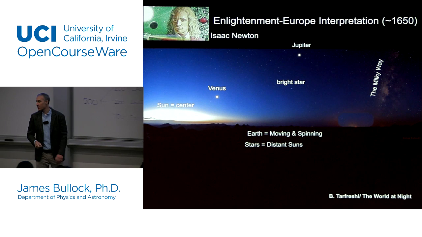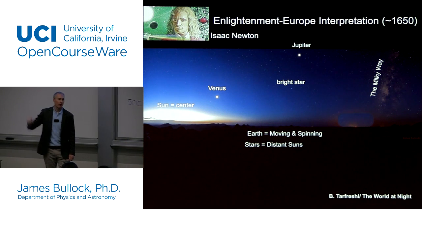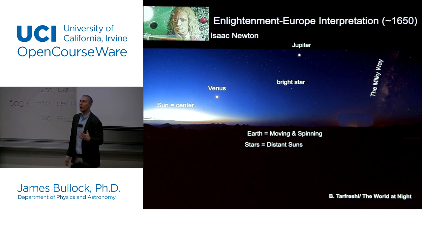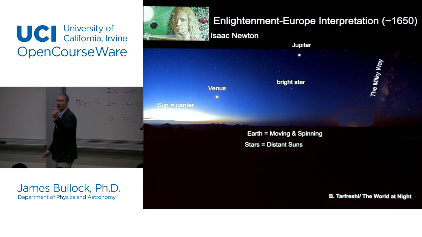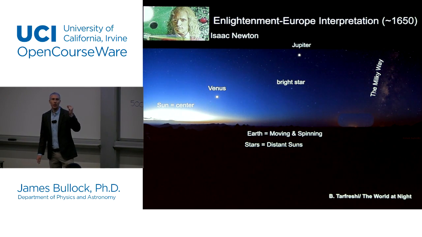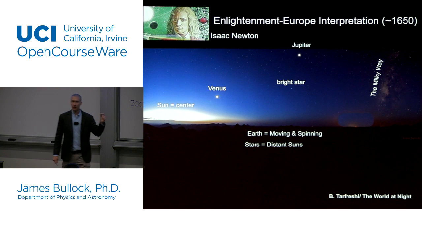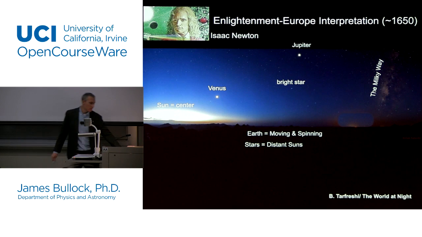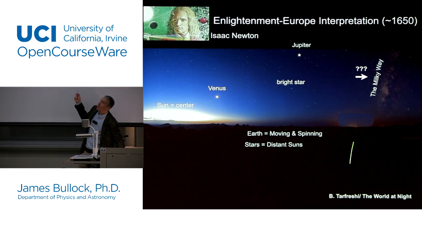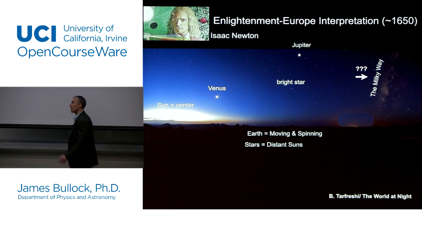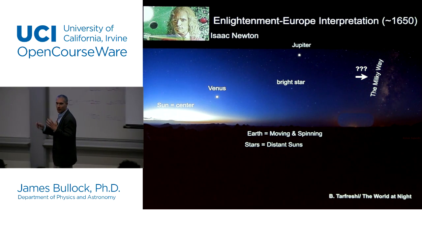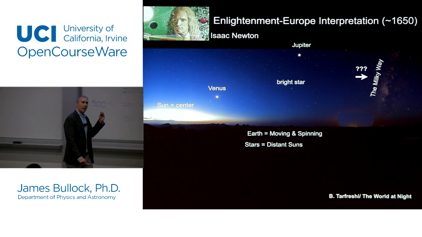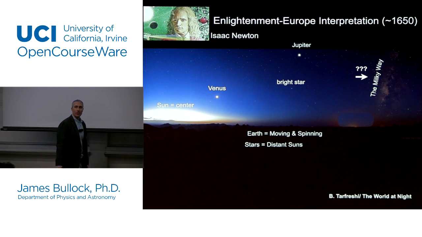Those stars are distant suns, and therefore they're really, really far away. So Newton had a sense of just how big the universe was, because these stars are so far away that they're dimmer than the planets, even though they're as bright as the sun. But even Isaac Newton, who was a pretty smart person, didn't know what was up with the Milky Way galaxy. He didn't know really what it was. He didn't understand that it was just our galaxy, and that there are, in fact, many, many other galaxies out there in the universe.